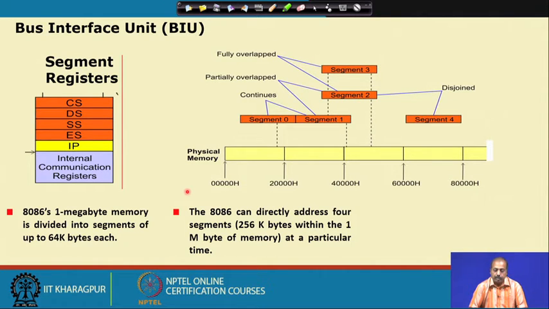So, there are 4 segments, and each segment is 64 kilobyte. So, I can have a total of 256 kilobyte of memory that can be addressable at one point of time. Naturally there are other segments. Out of this 1 megabyte only 256 kilobytes are accessible. So, rest are there. Basically the purpose is that I can have a